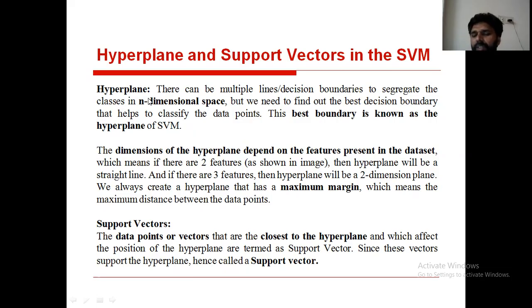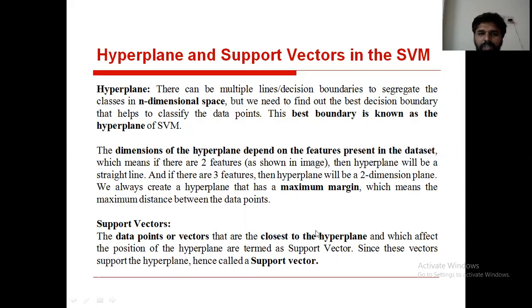These instances which are on the hyperplane or which are very close to the hyperplane are treated as support vectors, right? These support vectors are used in the support vector machine to perform the classification.